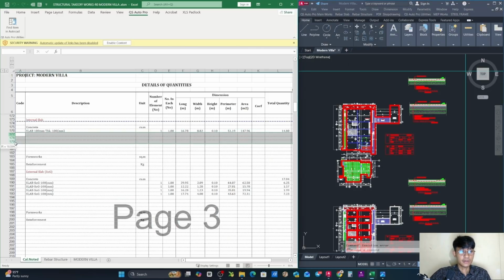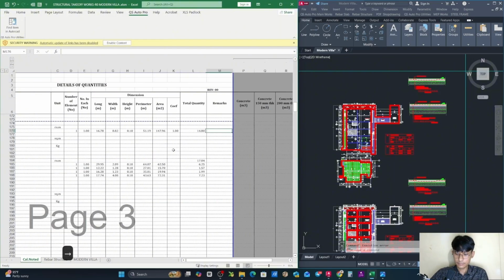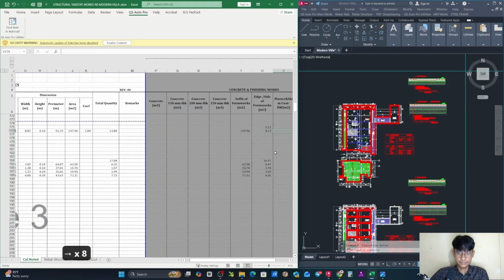Now get back to our Excel sheet. Let me delete this one. And you can see it generates automatically for us the concrete, and formwork as well. So you type 1 and multiply it, just in case you make a mistake later on. Okay, perfect. And you can see we got the cubic meter of our internal slab, and also